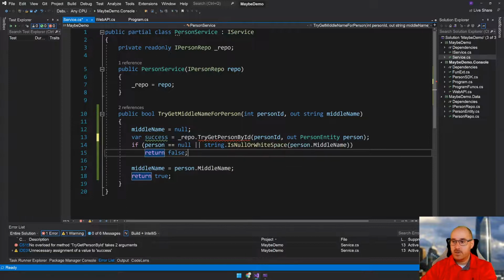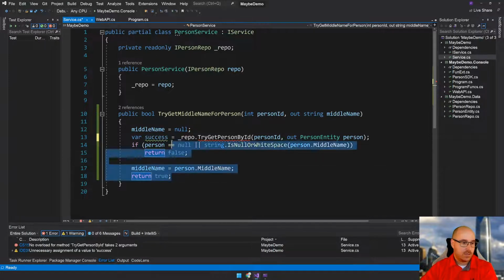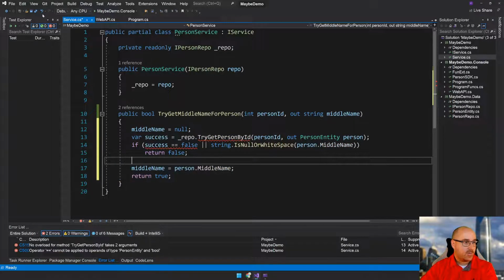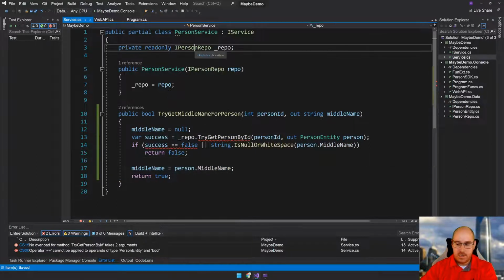So before I get too far into that, let me just go ahead and put the code in here. All right, so that's the full code. Now let me go ahead and jump into the